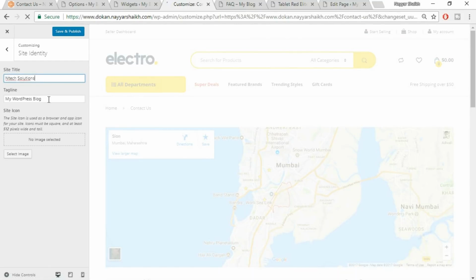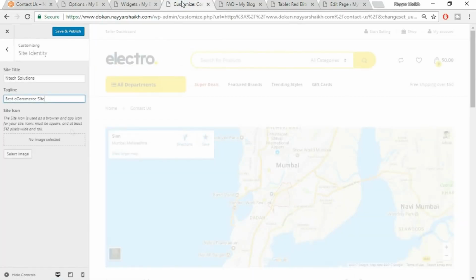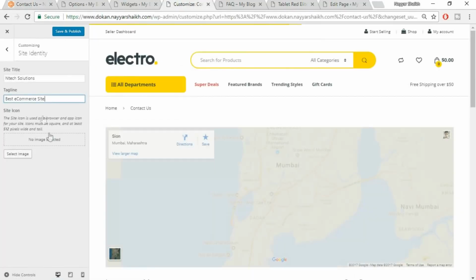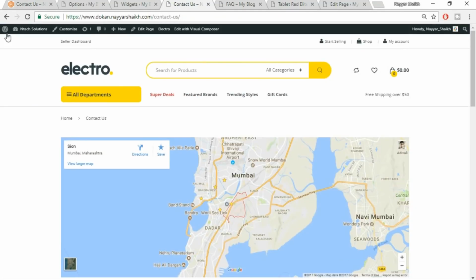And you can also have a tagline, best e-commerce site, whatever it is. Then here is the site icon, the favicon. When you see this website at the top, you see this small logo. This is the favicon. So you can upload your own favicon from here and click on save and publish. Okay guys, with this we complete this